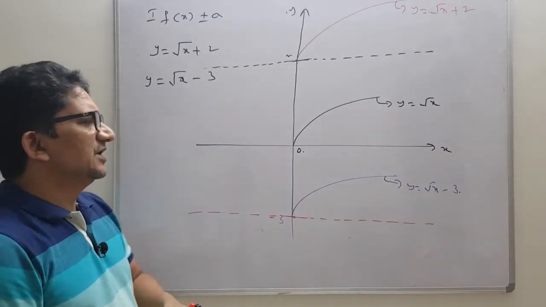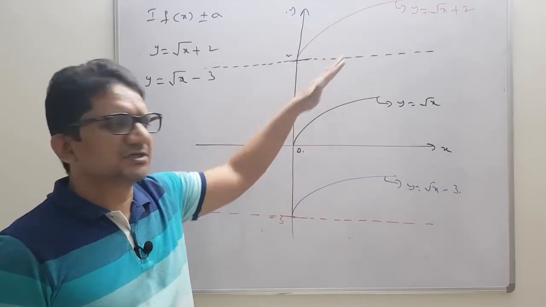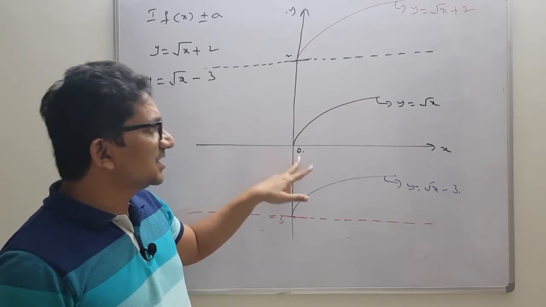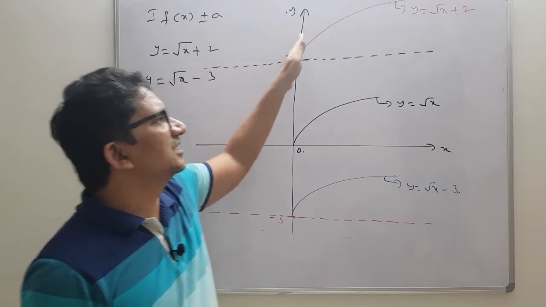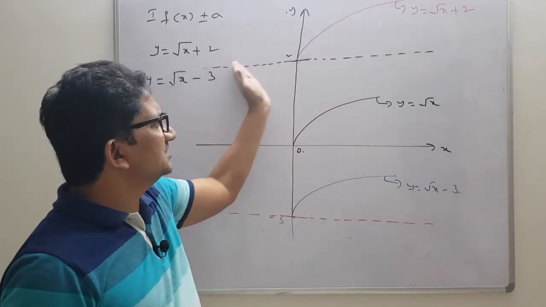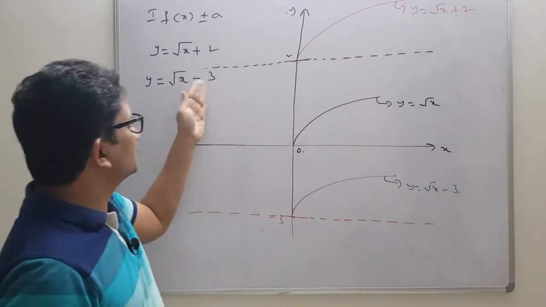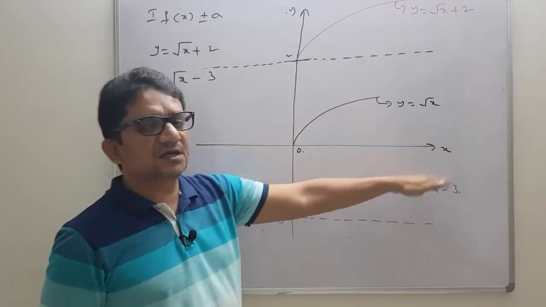That's why, if you have the basic structure in mind, drawing the remaining things will be so easy. The basic structure appears like whose vertex is at origin. Next, root x plus 2 means we need to shift it by 2 units, and here we get a graph. So it will be easy if you draw some line like this type, from there it will go. And next is root x minus 3, downwards 3 units, and from here we will draw a graph.